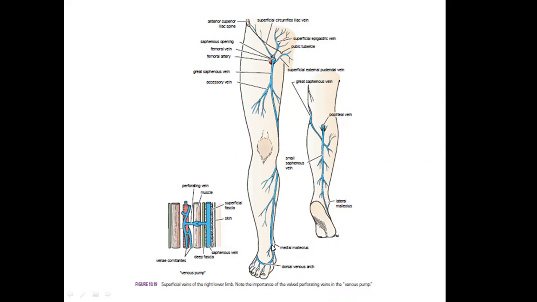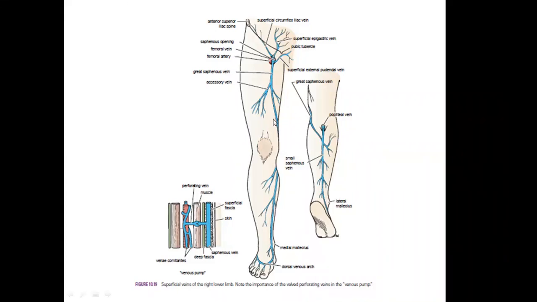So this great saphenous vein passes in front of the medial malleolus and courses to the posterior aspect of the leg, up to the posterior knee. From the knee, it turns to the medial aspect of the thigh. As you can see here, it arises on the medial aspect of the dorsal venous arch, ascends in front of the medial malleolus, ascends further in the leg, coursing posteriorly, then at the knee, it